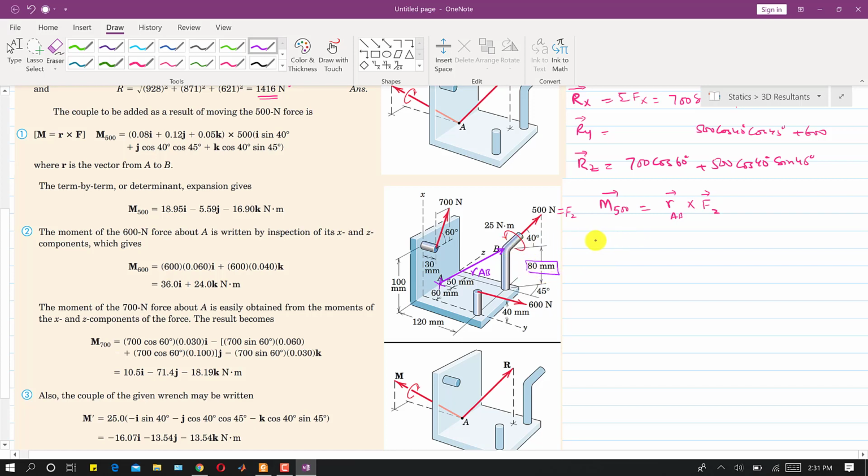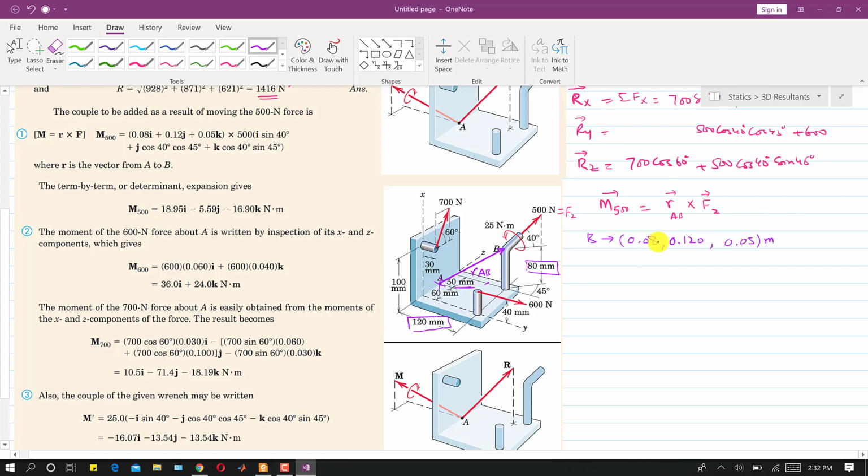So if I write the coordinates of this B, then that will be 80 mm. So 80 mm divided by 1000 will be 0.08, right? And then along the y-axis we will travel this much distance. This is 120 mm, right, to reach this point B. So I will write 120 mm divided by 1000, so it will be 0.120 meters, right? And then along z we will travel this 50 mm distance, right? This is 50 from this point A. This line is 50 mm, right? So I will write 0.05, and these coordinates are in meters.